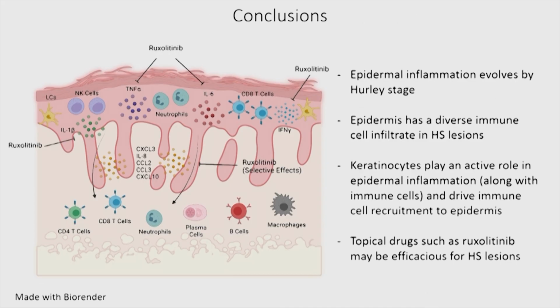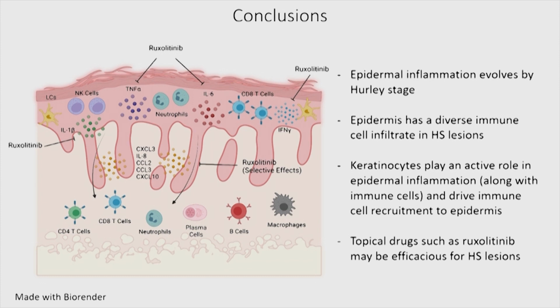So just to summarize kind of what we found here. We do find that there is an evolving inflammatory response in HS epidermis by Hurley stage. In the most severe cases, you have a variety of immune cells present, including NK cells, neutrophils, and CD8 T cells. We think that those are being recruited by keratinocytes through the production of a variety of chemokines. And what we find here is that